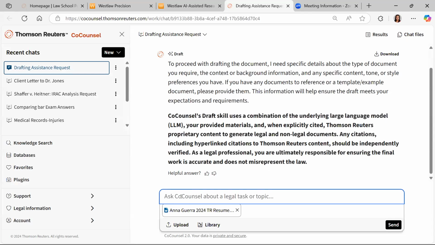So I know that a lot of times you don't think about different ways to utilize the resources that you have. And so I'm going to assume that many of you will be looking for jobs soon. You're doing externships and hopefully gaining experience to get a job in the future, perhaps. So I wanted to show you how you can use CoCounsel to help in that process. So I will do